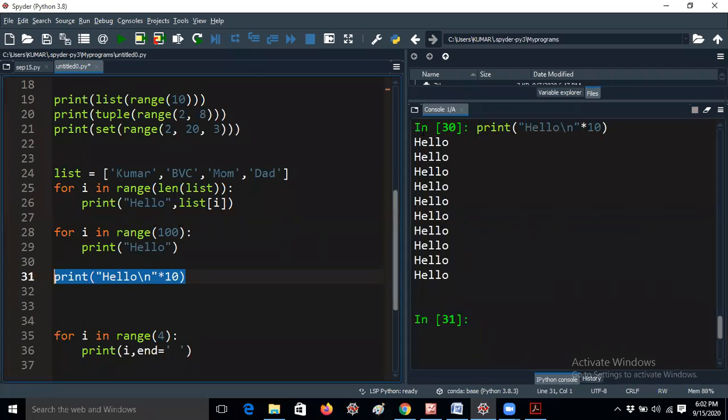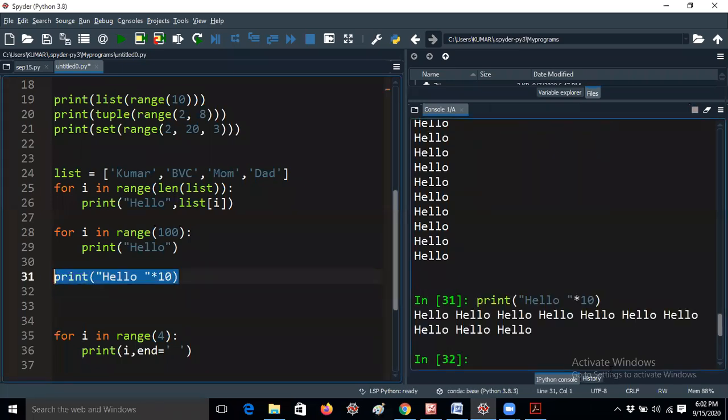If I remove the backslash n and give star 10, you get it 10 times on the same line. So hello times 10. You can print in two ways in Python.